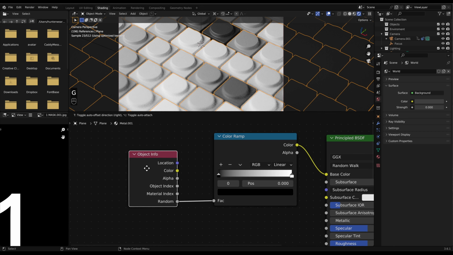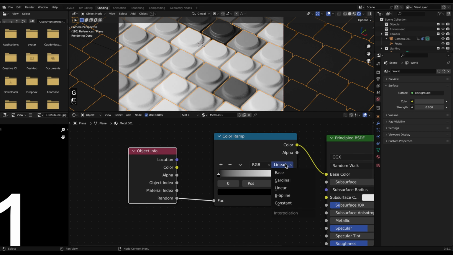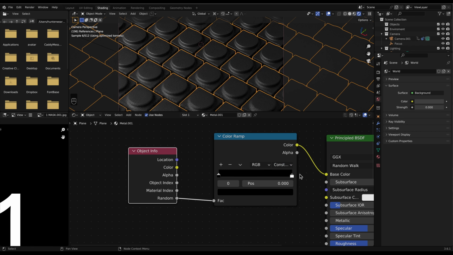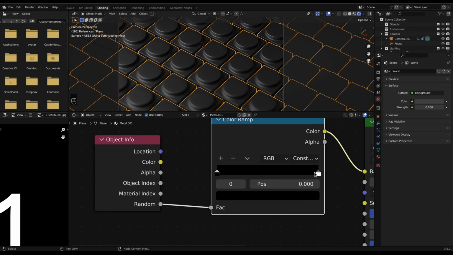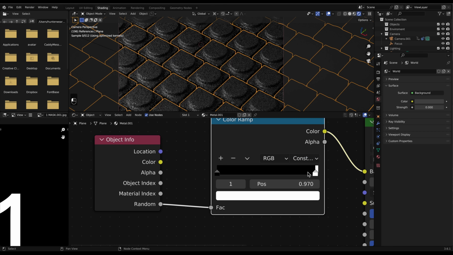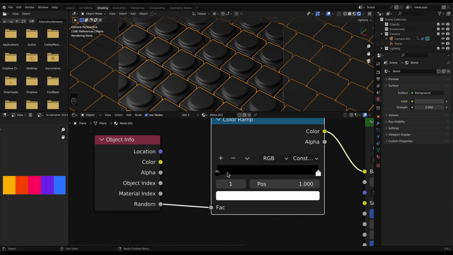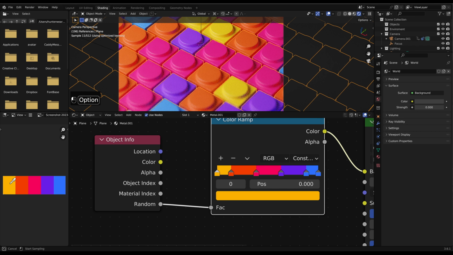We can see this a little bit better if we change this to constant. What constant does is keeps this color all the way to the next stop. Something like that. And I might just pull up some colors here that I've grabbed. Let's grab an eyedropper and add those in. You can do that by grabbing the eyedropper, holding down the Option or Alt key, and just dragging across all those colors, and it will add them in there.